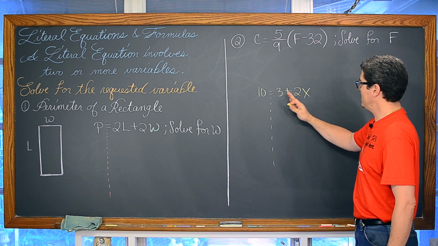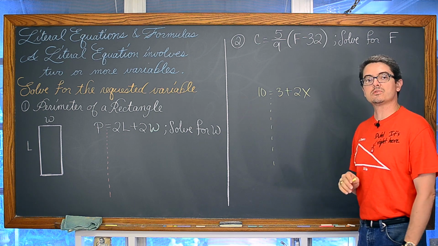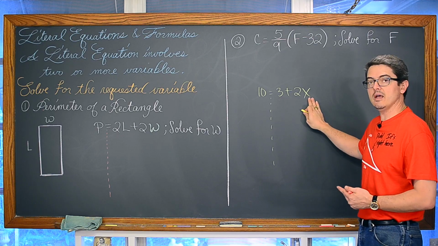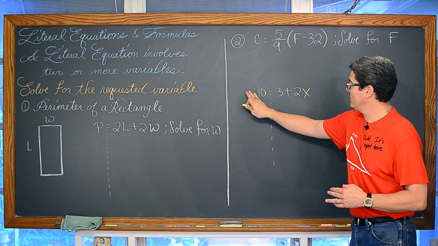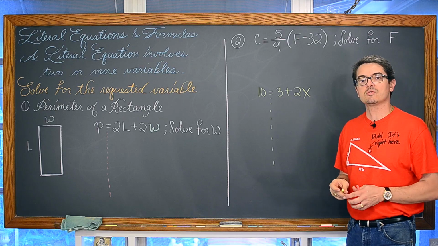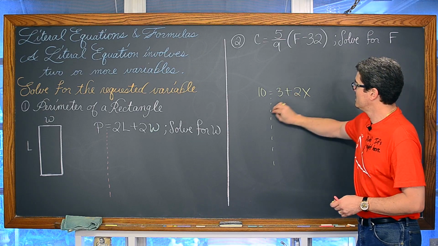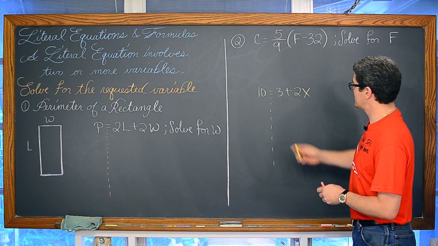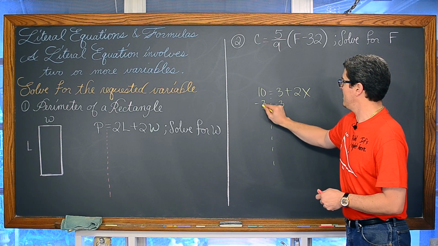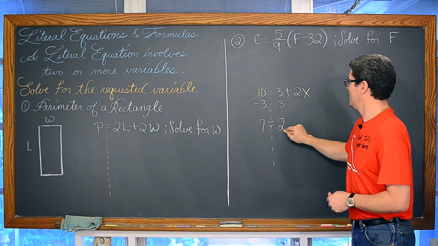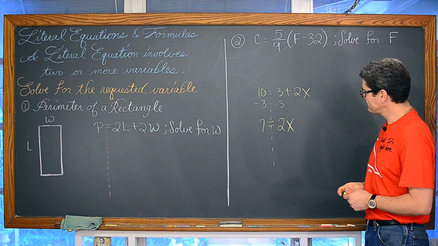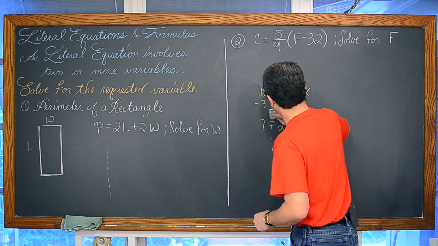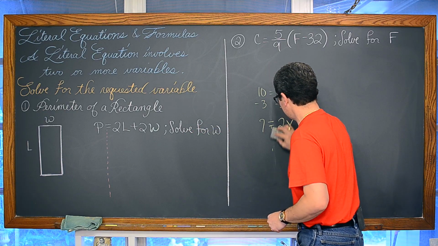Well, we need to get the 3 and the 2 away from the x, which is on the right-hand side. The 3 is over here on the right, with the x on the right side of the equation. We need to move it to the left. We need to do the inverse math operation to get that 3 to move to the left side of the equation. Well, it's a positive 3. So we would subtract both sides by 3 and get 7 is equal to 2x. Maybe it wasn't a good idea to have my dividing line be the same color as my work, so let's get that line out of there.